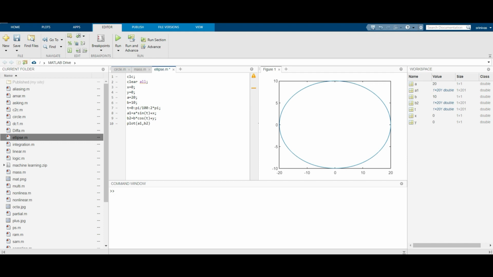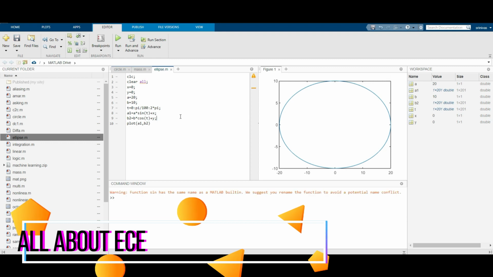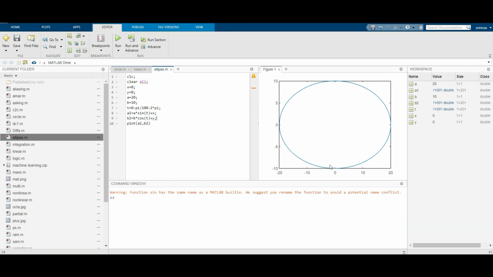So you can see here the major axis value is 20 and the minor axis value is 10. In this way you execute the ellipse function. You can see the center as 0 comma 0. This axis has 20 and this axis has 10. A circle has equal radius, but this does not have equal radius, since it has 20 and 10.